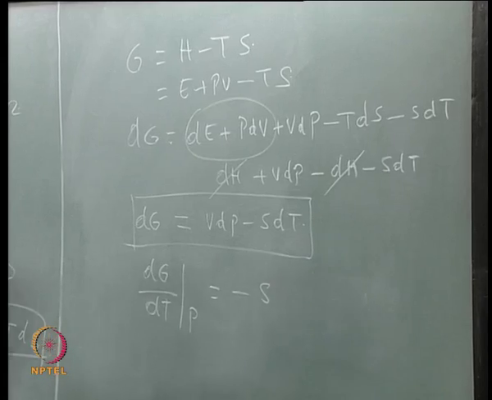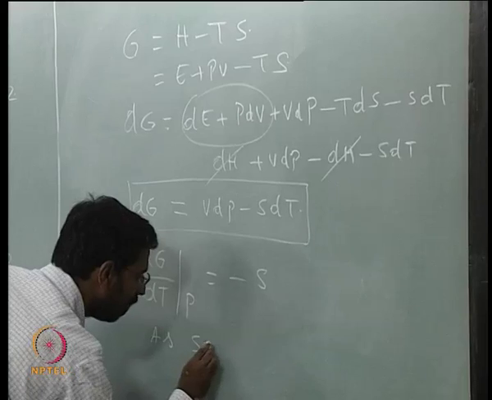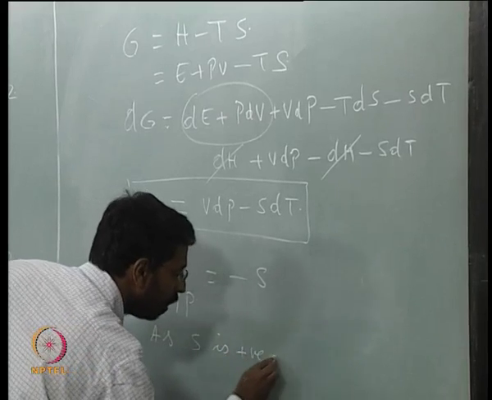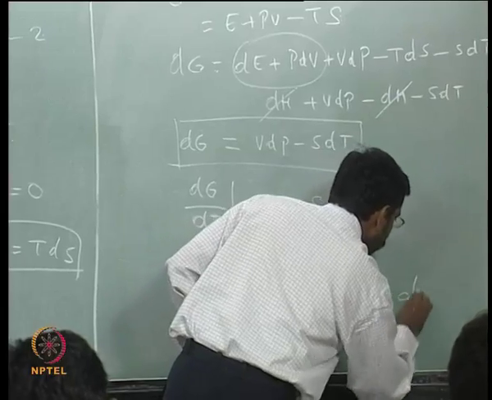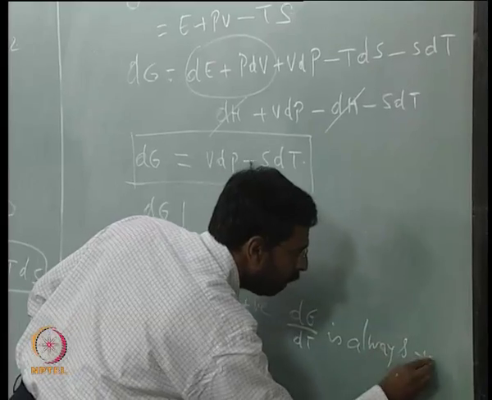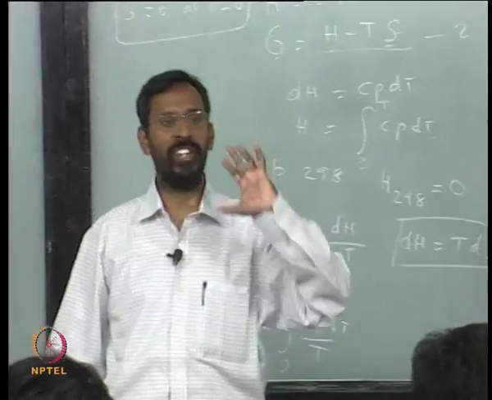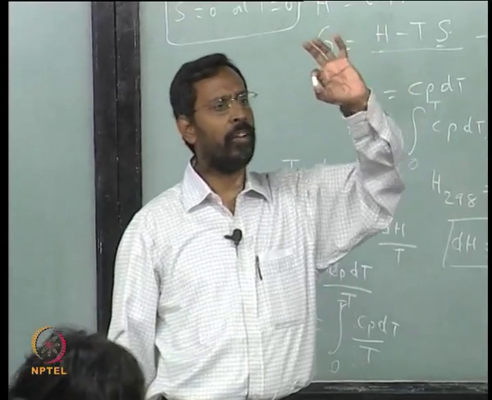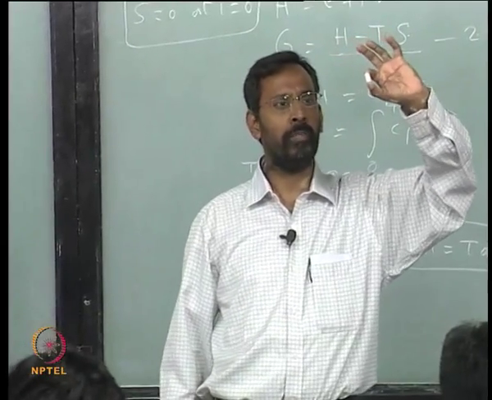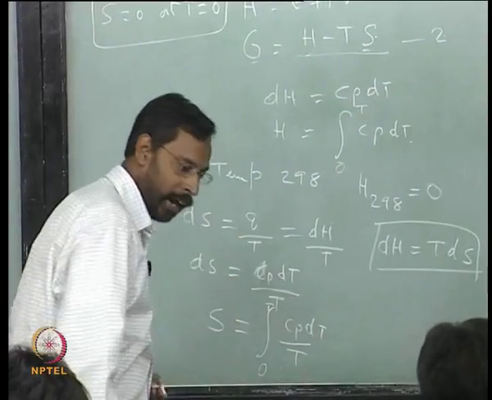So as S is positive, dG by dT is always negative. What does that tell me? It tells me that if I plot G versus T, let us say for any material, I try to calculate what is the free energy of this material and how does it change as a function of temperature, and if I plot that,